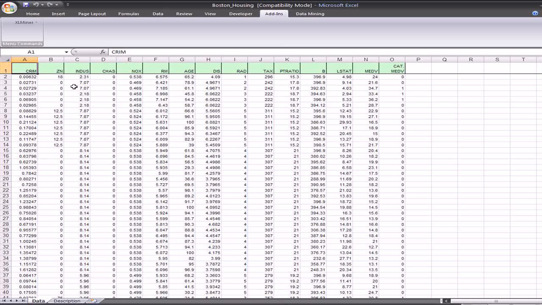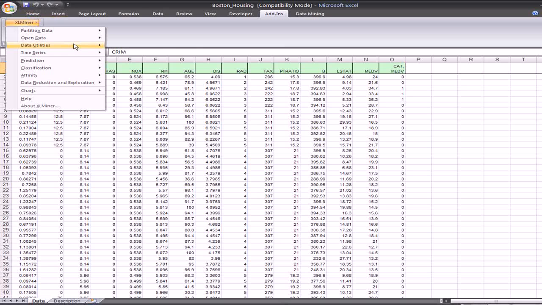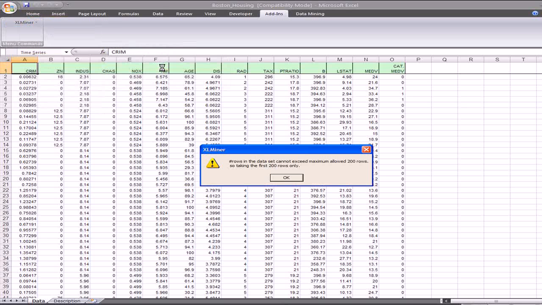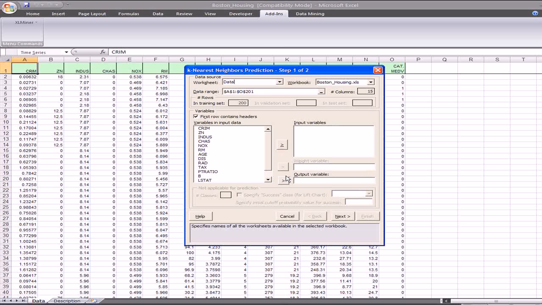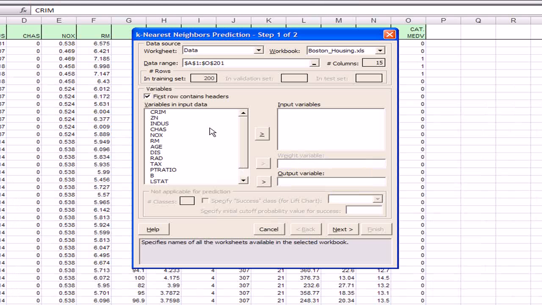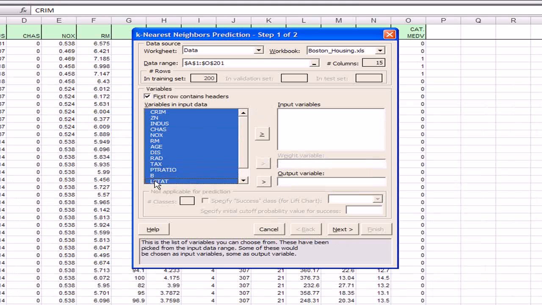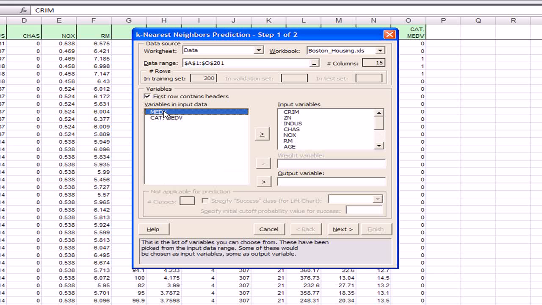Here, let us use the Boston Housing Excel sheet as our data source. Once the data source is selected, click on prediction and then k nearest neighbors. As previously, only 200 rows shall be selected as we are using the demo version. You can see that a wizard opens containing the variables in the dataset and an option to select which variables we want to be used as the input variables in creating the prediction model. Let us select the above variables excluding the last two, and then select this as the output variable. Once these have been done,